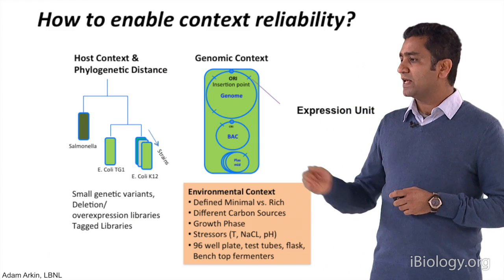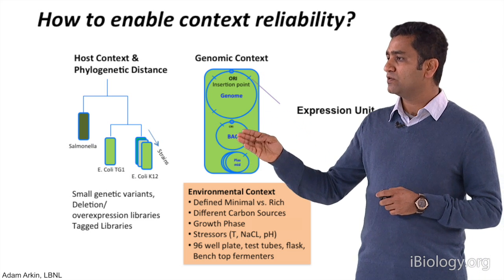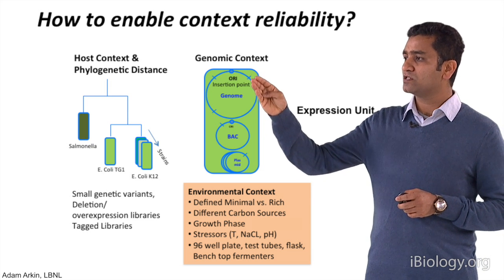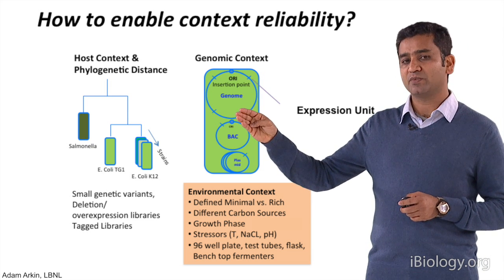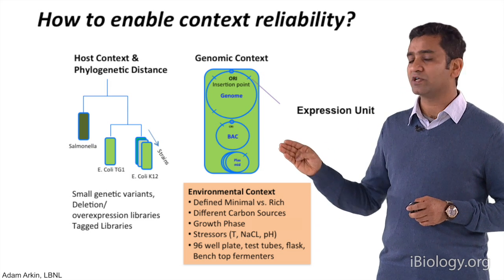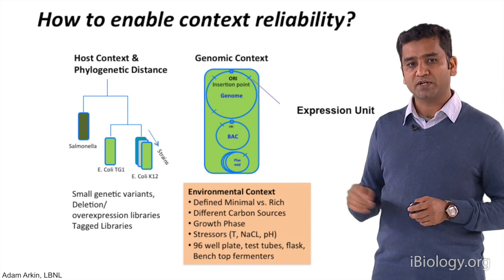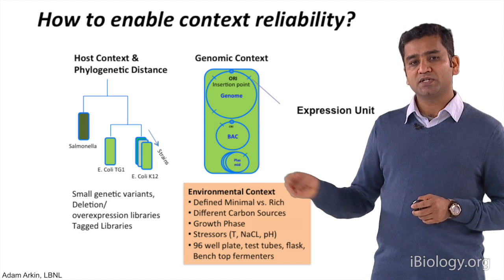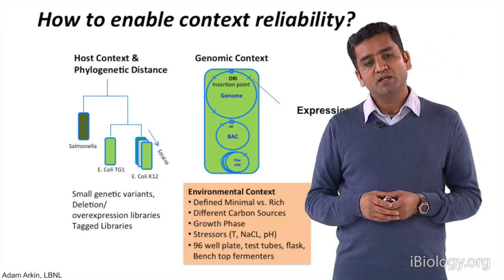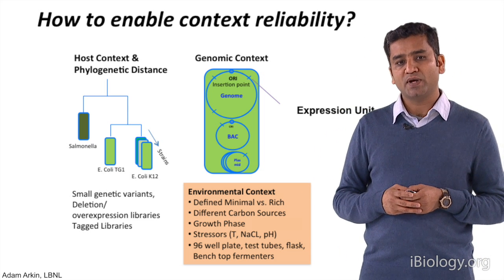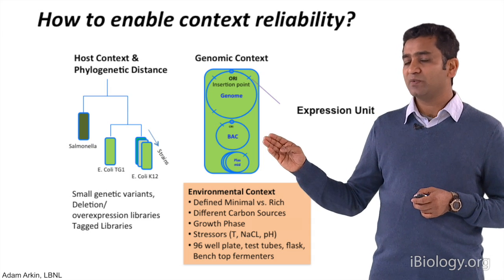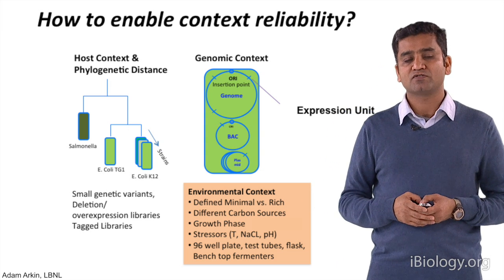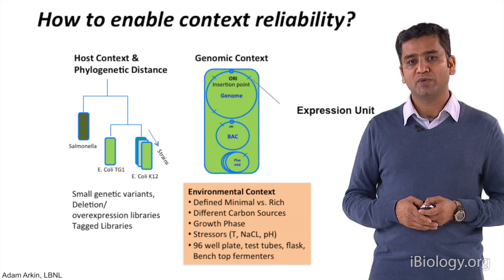This is a slide from Adam Arkin et al. The interesting idea would be, if I take this expression unit or cassette where I'm producing a protein, and I put it across different sites on the chromosome, how does it impact the gene expression? How does it impact if I take this same gene expression unit and put it on a single copy vector or a multi-copy vector? And what happens when the environmental context changes things, whether I grow cells in a test tube, in a shake flask, or in a reactor? If I put the same expression unit in different strains, how does it impact the gene expression? So how do we take care of all these context reliability matters when we are measuring a subunit?